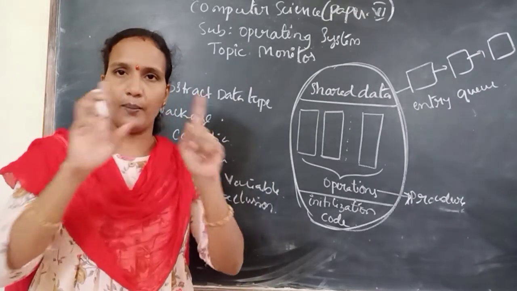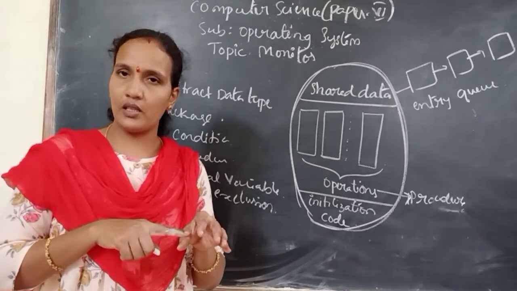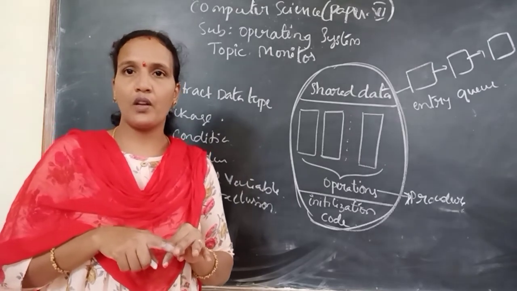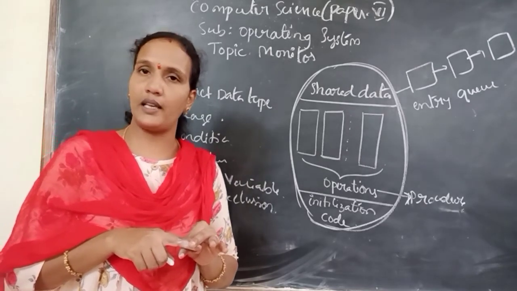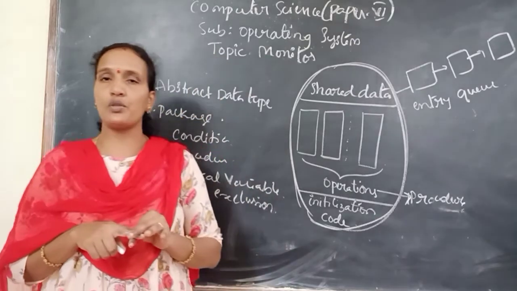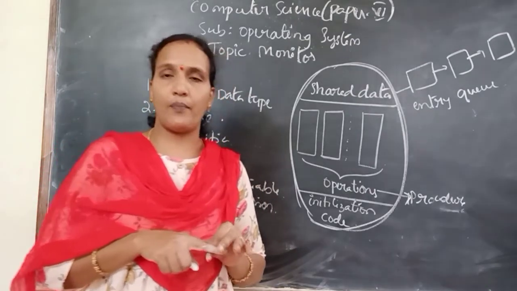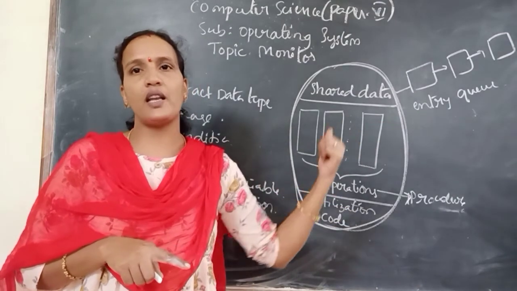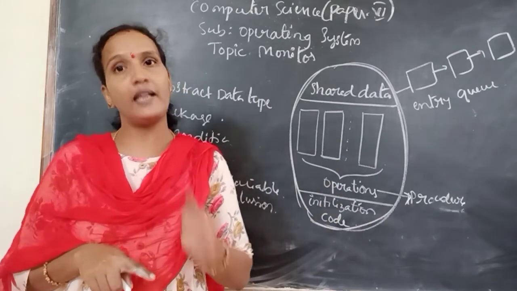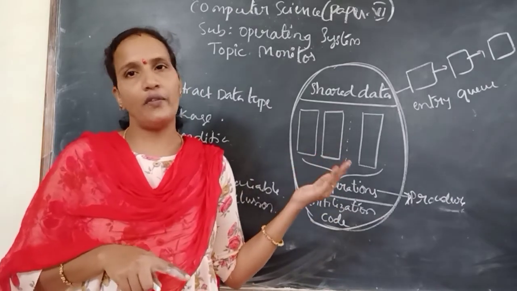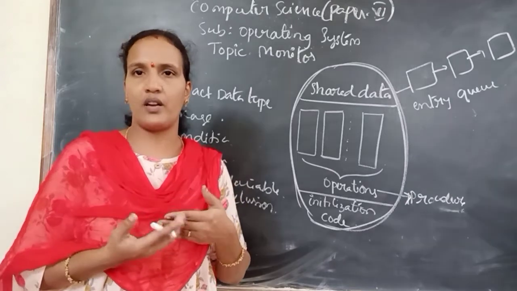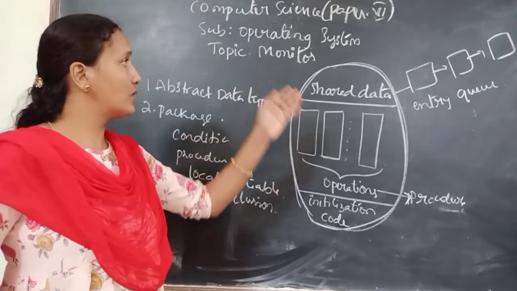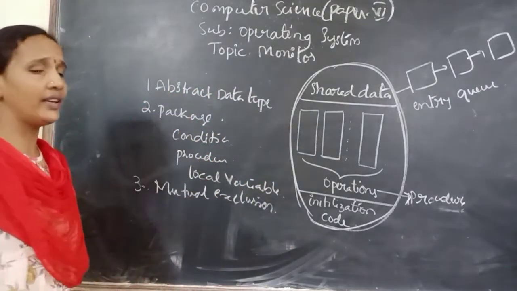So what is a monitor? It is a block which contains conditional variables, functions and local variables. Whichever process wants to use that block should first check whether any process is inside the monitor or not. According to the rules, only one process should be inside the monitor. If there is no process inside, a new process can enter. If any process is inside, the new process needs to wait. If more than one process is waiting for the monitor, they need to form a line. Okay, understood? So this is about what you can take a screenshot of.